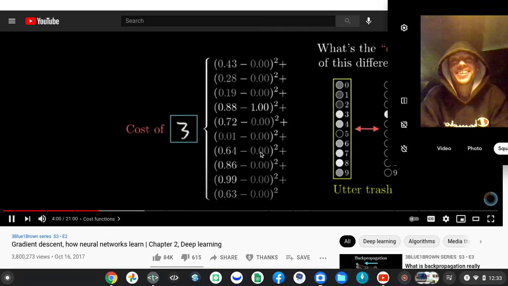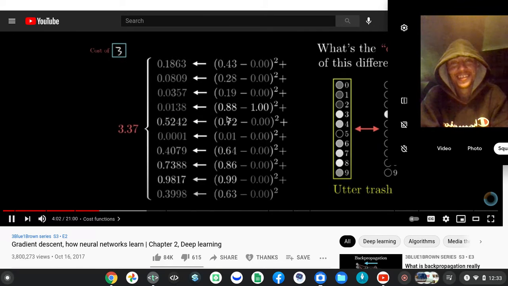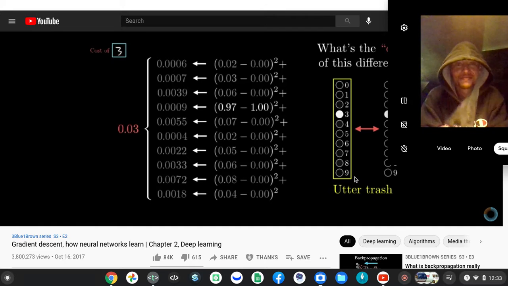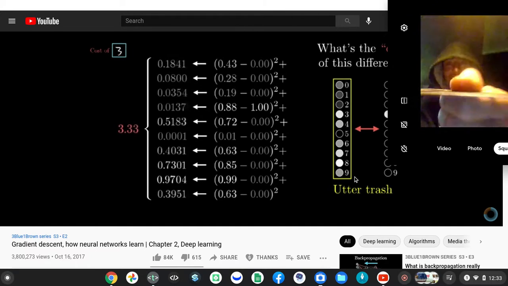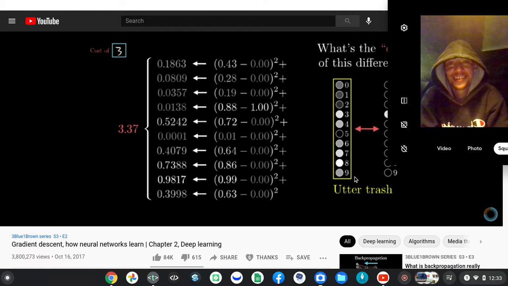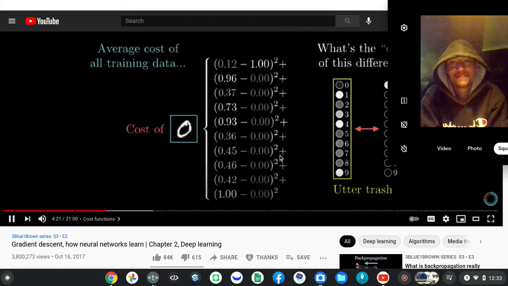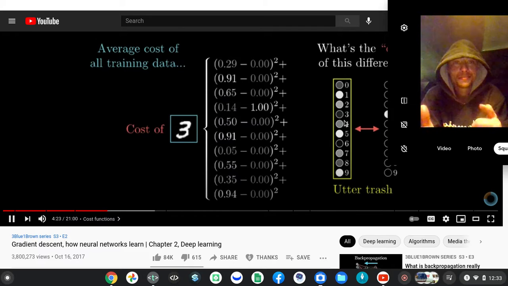And the value that you want them to have. And this is what we'll call the cost of a single training example. Notice, this sum is small when the network confidently classifies the image correctly, but it's large when the network seems like it doesn't really know what it's doing. So then what you do is consider the average cost over all of the tens of thousands of training examples